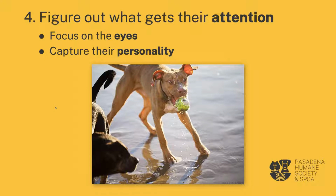For cats, little harder, little trickier. As you know, if you own a cat, you know generally what's going to get their attention, but you can try laser pointers, you can try the feather toy, or there is a certain treat. Sometimes not the first choice, but that can work, a super special treat, and you can maybe put it in a little bowl and put it right near the camera to get them to at least look at you once they know it's there. And there are a few other things that you can do, but